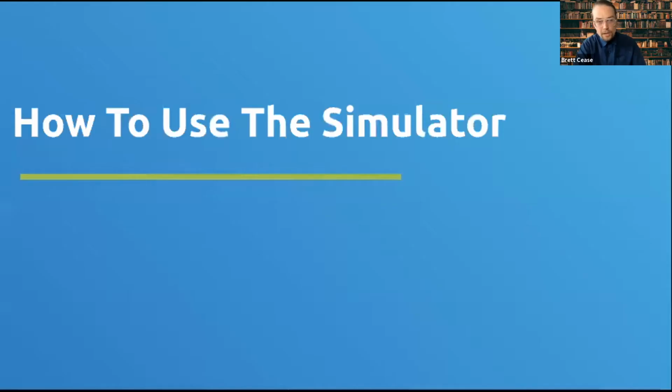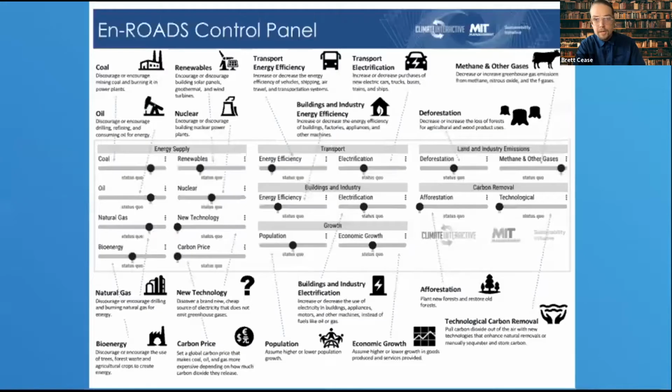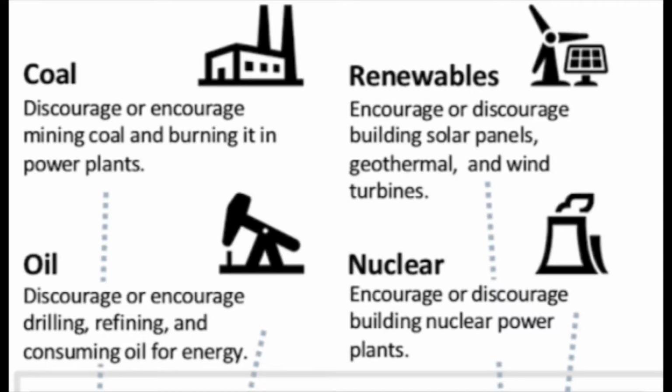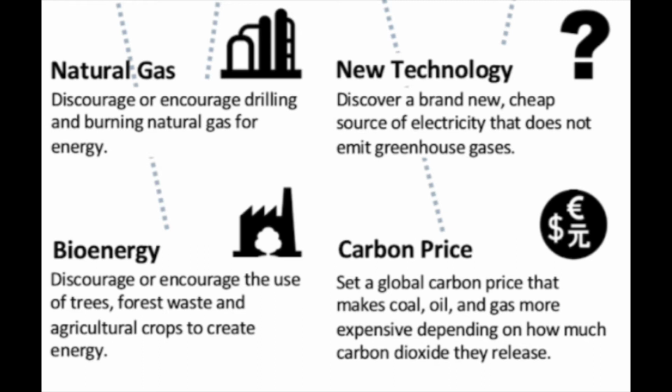I just want to do one other quick little unit before passing it to Lisa. And this is also geared for our new learners. If you haven't yet seen the control panel, I do recommend that you go to En-ROADS on your own time. All of these different levers that Lisa is going to be manipulating tonight, right here on these different sliding bars, like the energy supply: coal, oil, natural gas, bioenergy, renewables, each of them is fully described as you hover over the tool, and you can learn about the assumptions baked into each of those areas as you explore and toggle between the up and the down of each of these different levers that En-ROADS features.